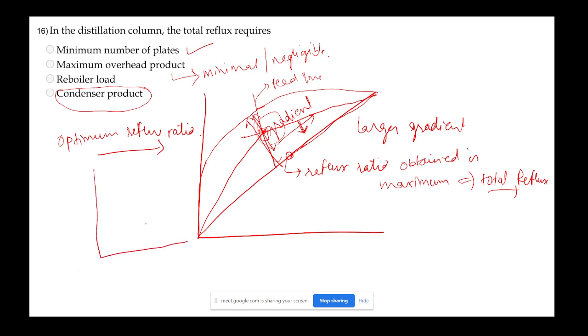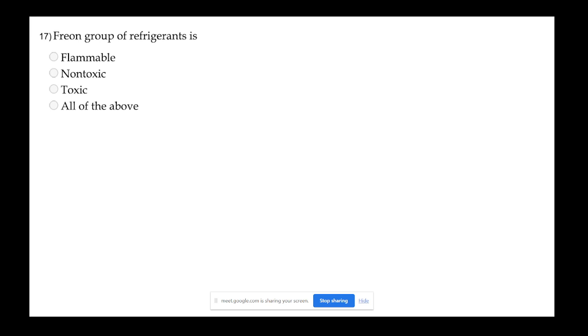If you have minimum reflux or maximum reflux, obviously the cost will be higher. So you choose a certain point depending on what is required. So for the present question, the correct answer is that the minimum number of plates is required for total reflux. Moving forward to the next question,